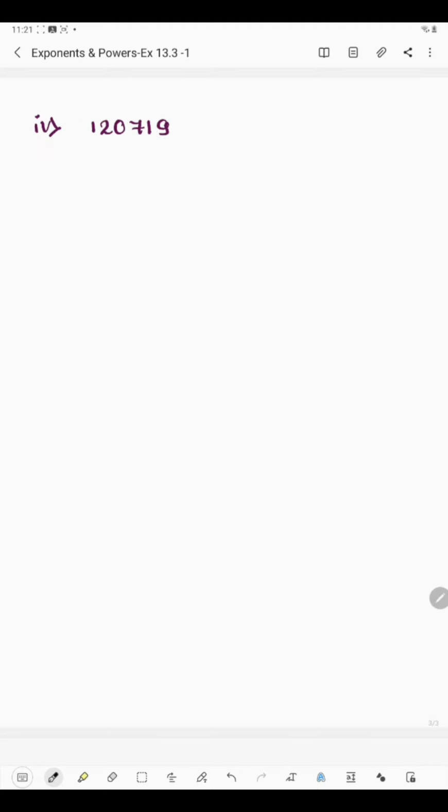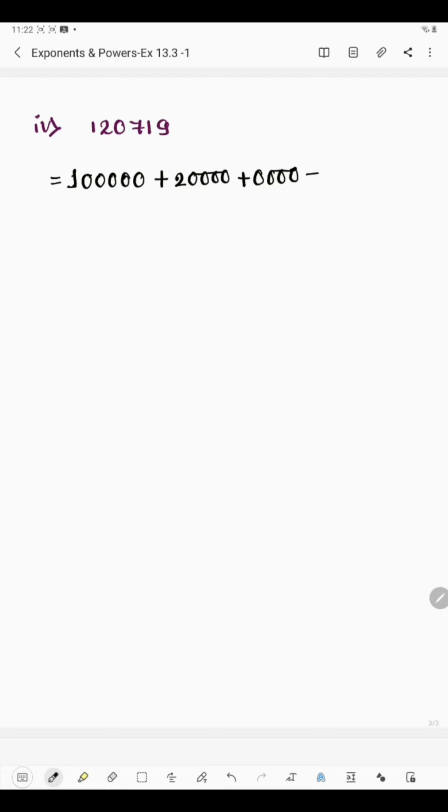Now in the fourth part we have 120719. Okay, so again we'll take first digit, which is 1, and after that 1, 2, 3, 4, 5 places are there, so we'll put 5 zeros. Okay, next we have 2, and after 2, 1, 2, 3, 4 places, so 4 zeros. Then we have 0, so we'll put 0, and then 1, 2, 3, we'll put 3 more zeros. See here if you put 1 0 or 2 0 or 3 0, it's same, but we have put 4 zeros here so that you can understand the place value nicely.